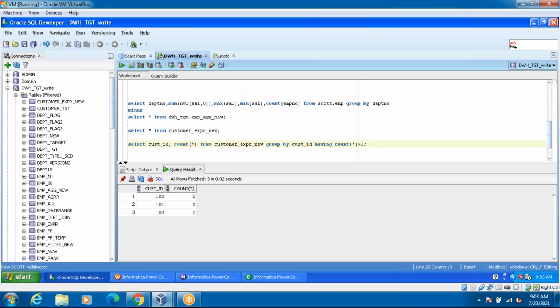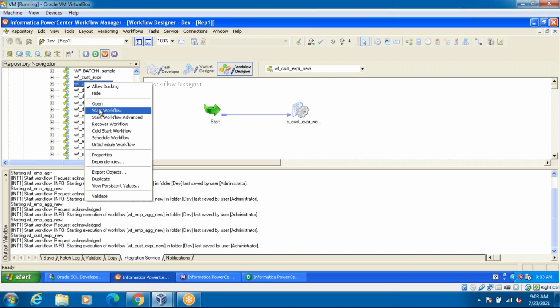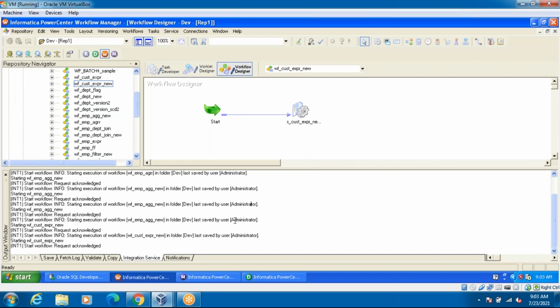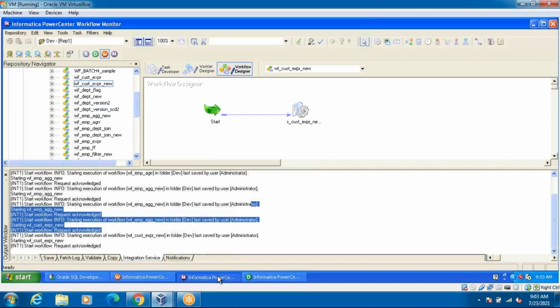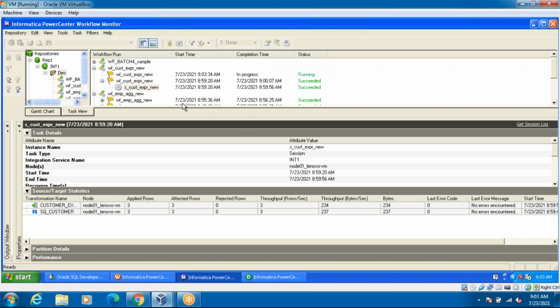So the index, they didn't see all the two records. Again, one more time, if I run this one, I run one more time.